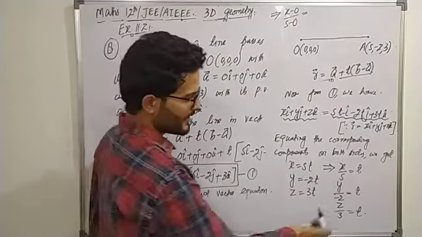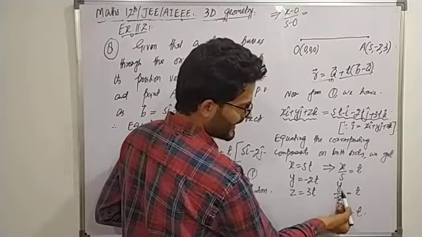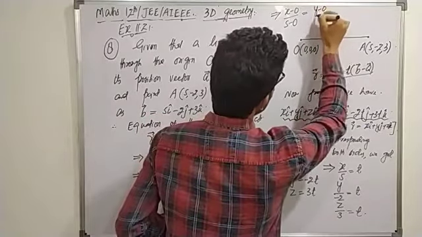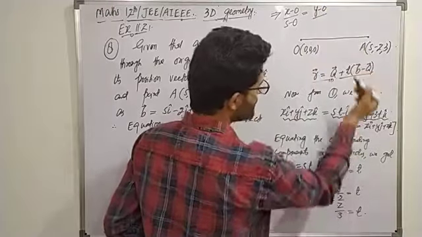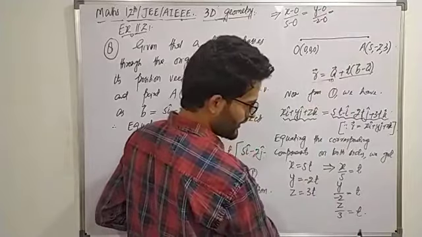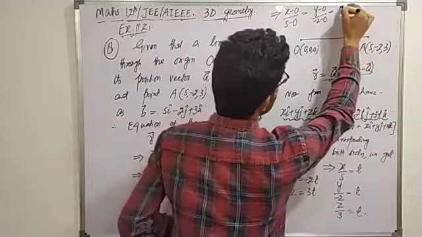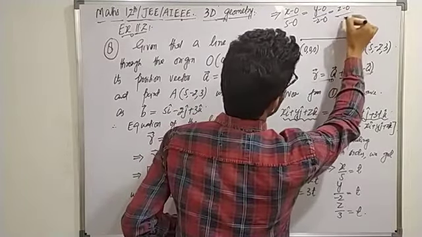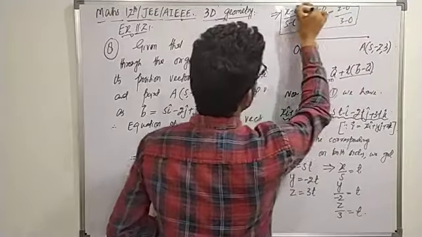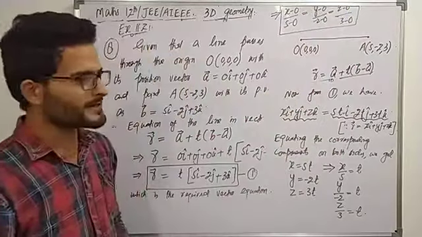Clear? Similarly y divided by minus 2, you can write y minus 0 divided by minus 2 minus 0, and that's equal to z by 3, meaning z minus 0 divided by 3 minus 0. So this would be the required equation of a line passing through 2 points,